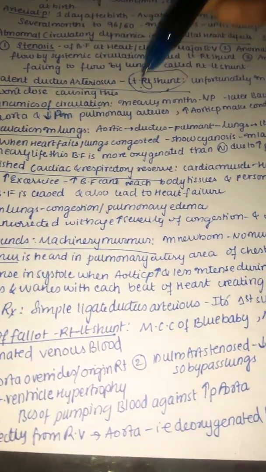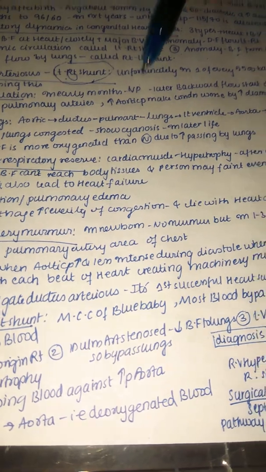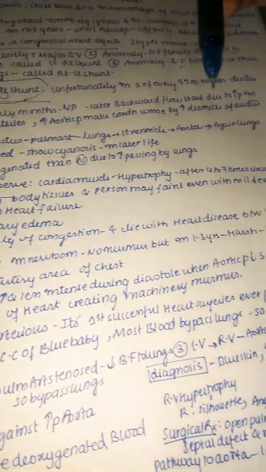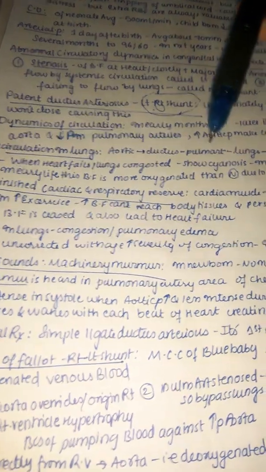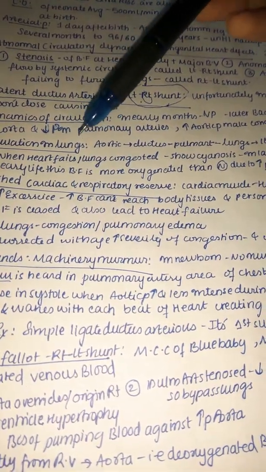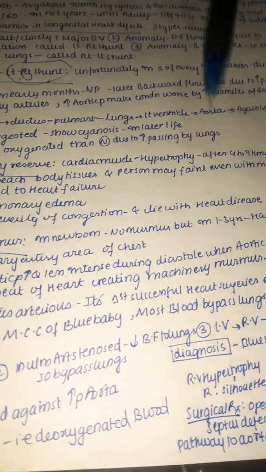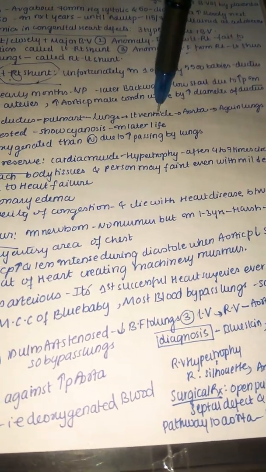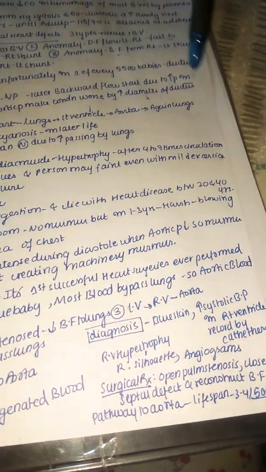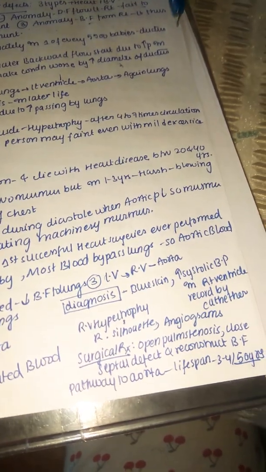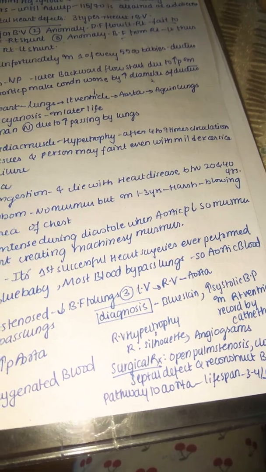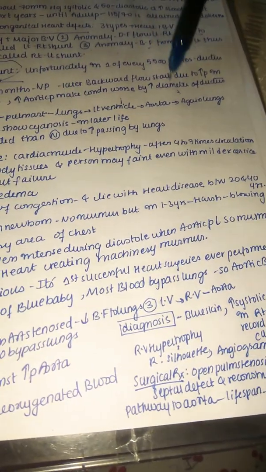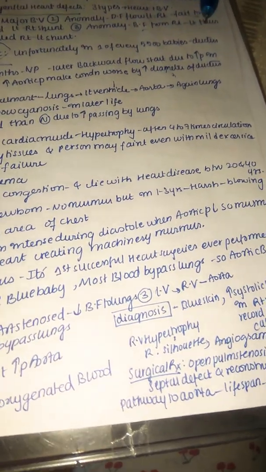So the dynamics of circulation are like in early months there is no problem, but later the backward flow starts due to the increase in pressure in the aorta or also in the left atrium. Because of this, there is decreased pressure in pulmonary arteries, and increased aortic pressure makes the condition worse, because it also tries to increase the diameter of the ductus arteriosus. So already because of pressure a lot of backflow of blood is coming, and because of this higher aortic pressure the diameter is also increasing, so now there would be higher backflow of blood.